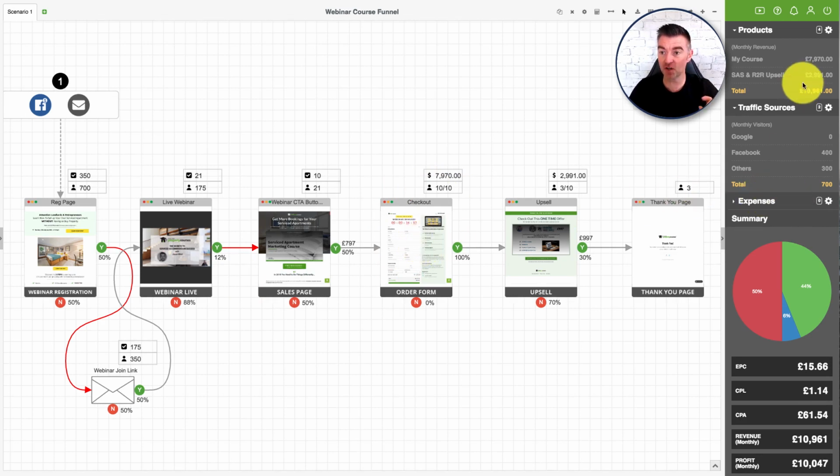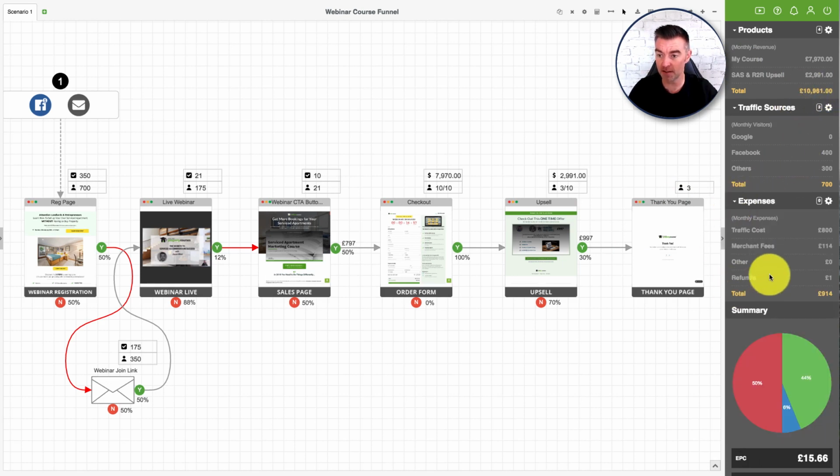The course is £797. So that brings in revenue of £7,970. And then there's also an upsell page now, and only about 30% of those people will buy that. But that's a £1,000 product, so that's going to bring in another £2,991. And by the time you've all said and done, from this monthly live webinar, you're pulling in total revenue of £10,961, minus your traffic expenses and your merchant fees, of course, like for Stripe or whatever,